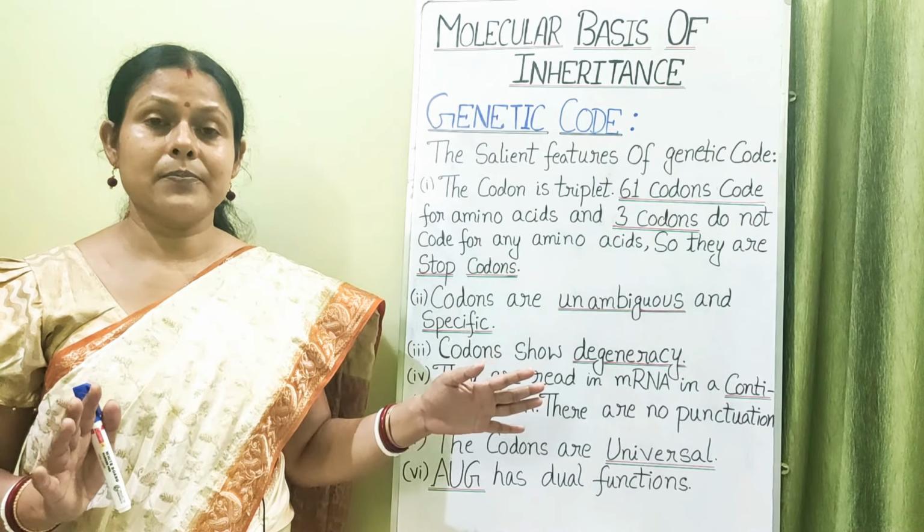In your NCERT book, you will find that they have explained this with a particular sentence, for example, Ram has cap. In this sentence, Ram is 3 alphabets, RAM. Has, HAS, is also 3. So you can take it as an example of triplet codons. Ram has cap, CAP, that is also a triplet codon.